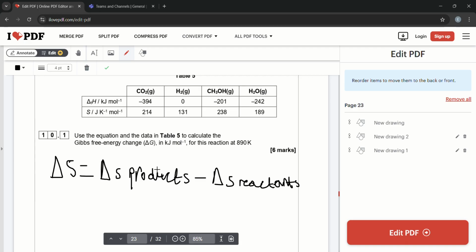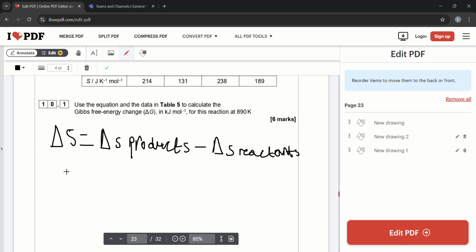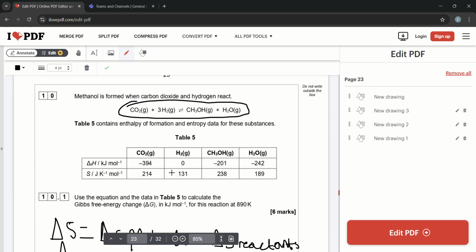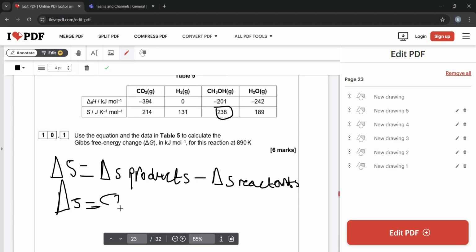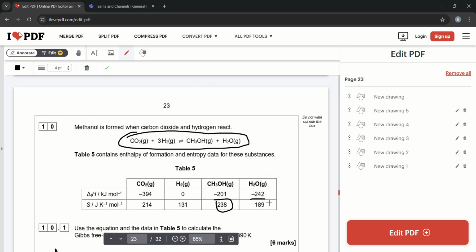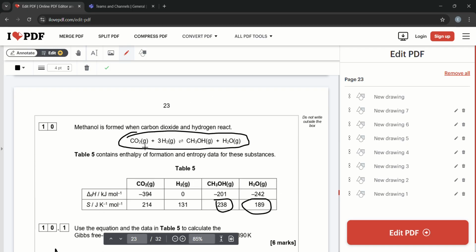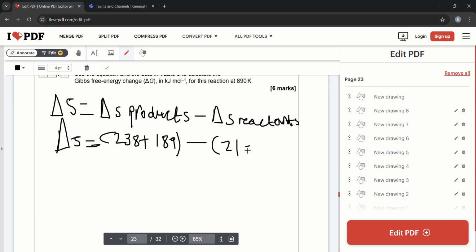So entropy of products minus entropy of reactants, we're going to get entropy change equals products. What we're producing, CH3OH 238, so it's going to be 238 plus H2O 189 minus entropy of reactants, CO2 214 plus, well, if you think about it, because we've got 3 moles of H2,